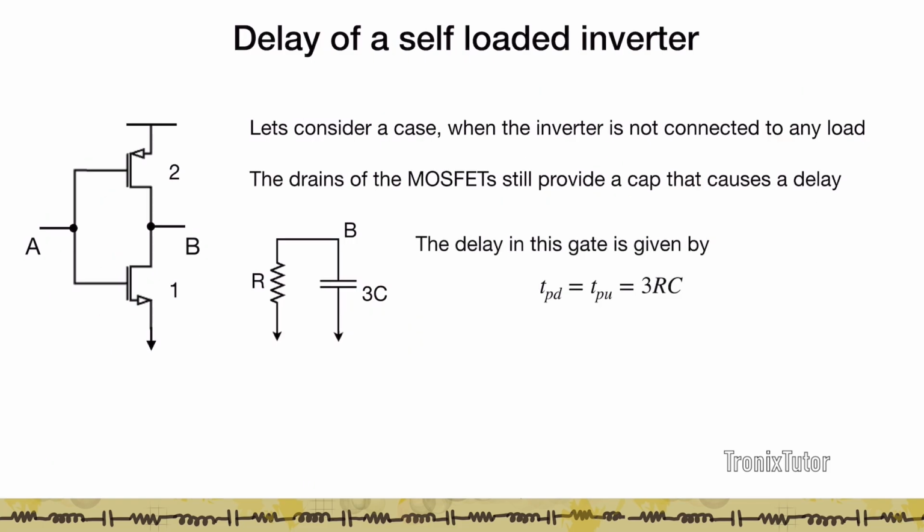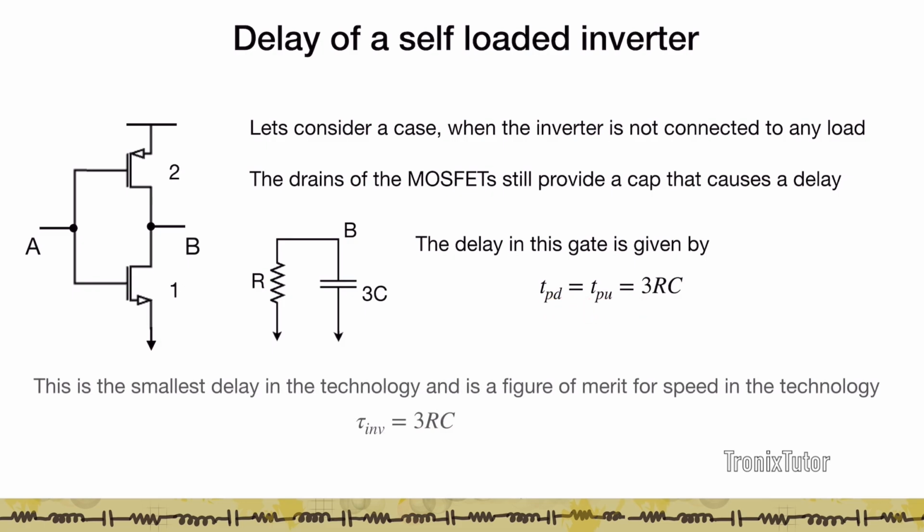Now let's look at a case where I have not loaded up the inverter. That is, I just have an inverter and I want to look at the delay between the input and the output. Now in this case, even though there is no load connected to the output, we still have a capacitance at this node due to the drain capacitances of the PMOS and the NMOS. And so this circuit reduces using the RC delay model to a resistor R attributed to either the NMOS or the PMOS, depending on whether you're charging up B or discharging B, and a net capacitance of 3C at node B, leading to the delay of this circuit, that is the pull down or the pull up delay, to be